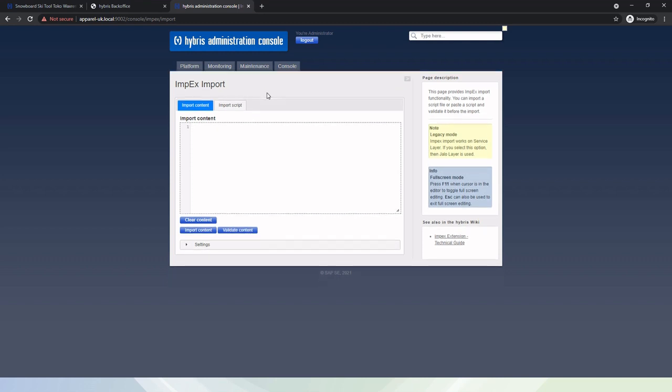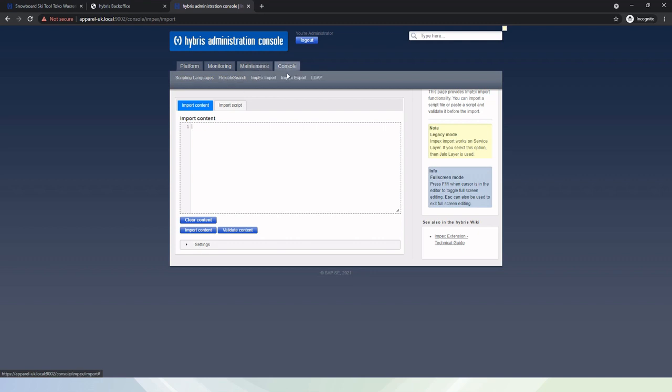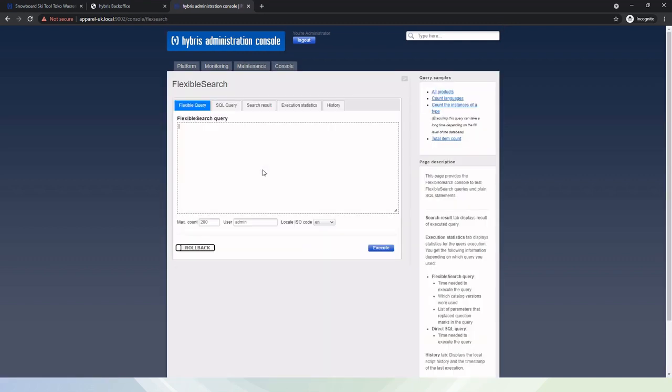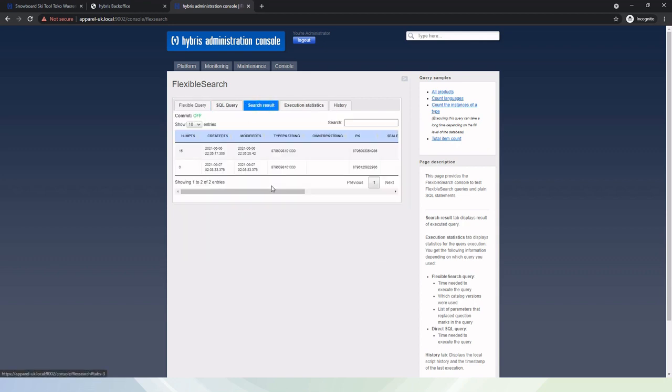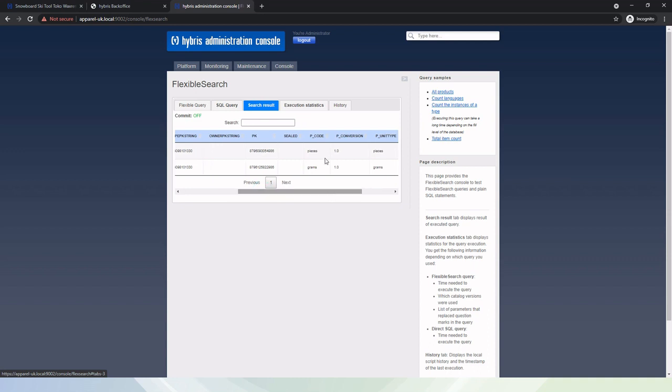Now we will again go to the Flexi search and we will run the query, select star from unit, and in the result you can see that now two rows are present. One is for pieces and one is for grams, which we had just inserted.